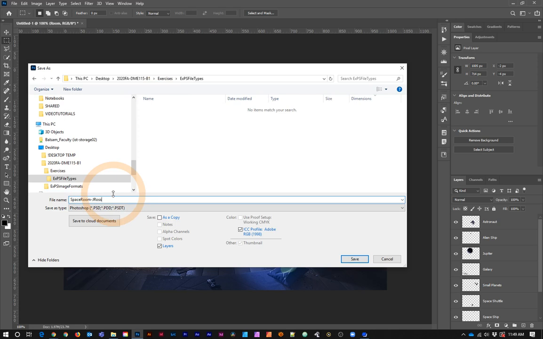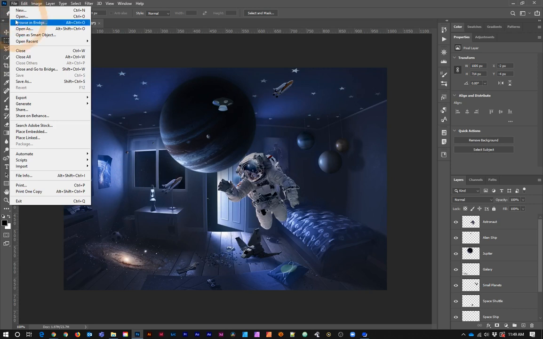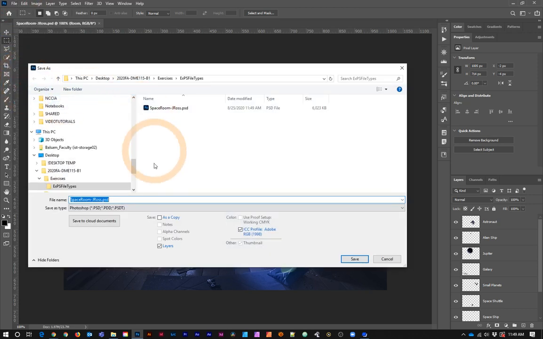Now notice that I'm not going to put in the exercise file name all the time, because the folder has that exercise name on it already. So when we get to submit this, we're actually going to zip this folder with all the different file types in there. Now, to save out a different file type, I'm going to go to File, Save As,